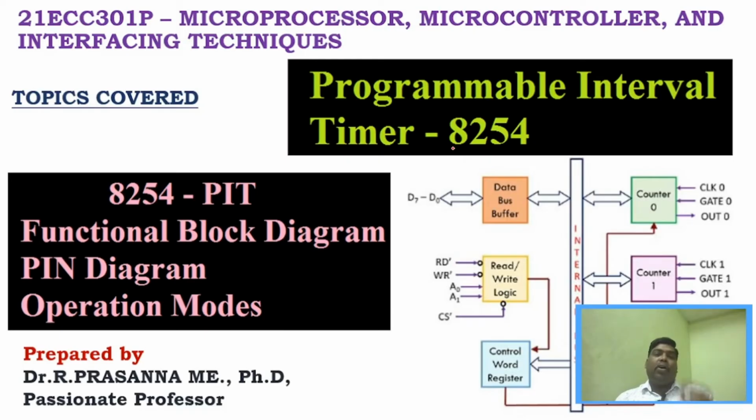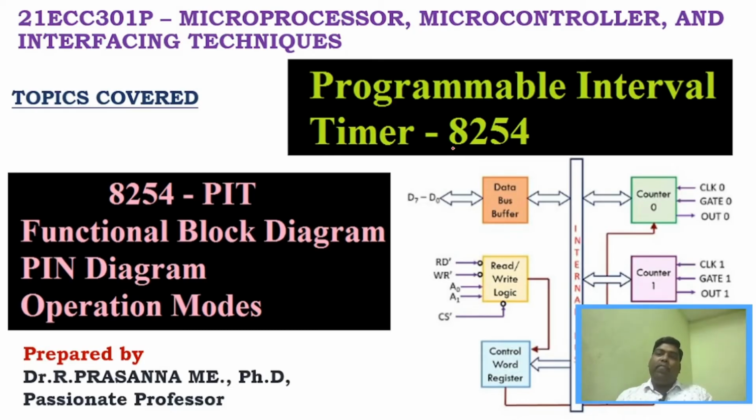This type of delay is called hardware delay, and because of that, the microprocessor need not worry about the delay. It can concentrate on its own program execution, right? It saves more time, right? And as soon as this 8254 creates delay, it will create an interrupt, so that the microprocessor will understand that a delay is completed, right? So this is the importance of 8254. This is why we go for 8254, right? And now we understand why we go for 8254.